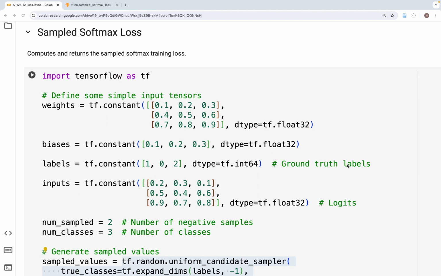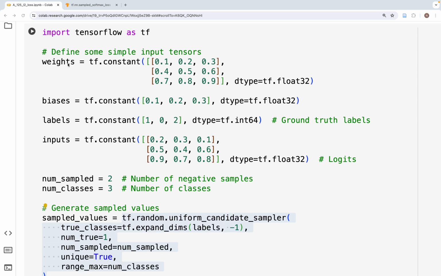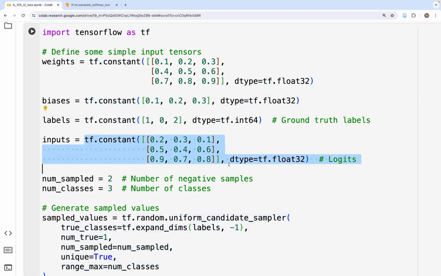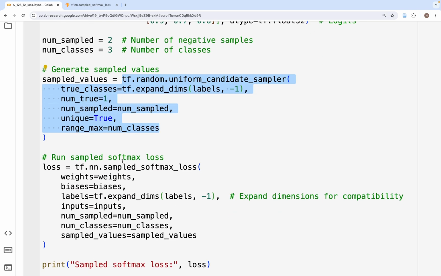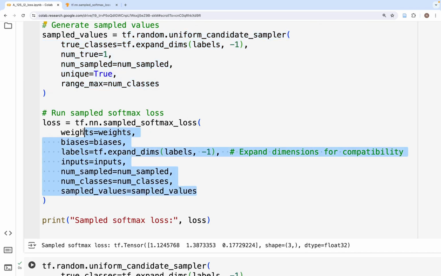In this video, we are going to look at how to use sampled softmax loss in TensorFlow. How do we calculate it? For that, I've created these examples where we have the tensor for weights, then we have a tensor for bias, labels, inputs, and then we have generated sample values. All of these we are going to input to the tf.nn.sampled_softmax_loss